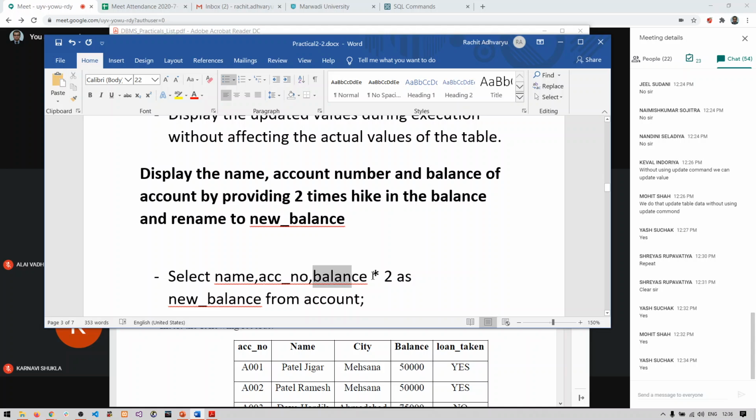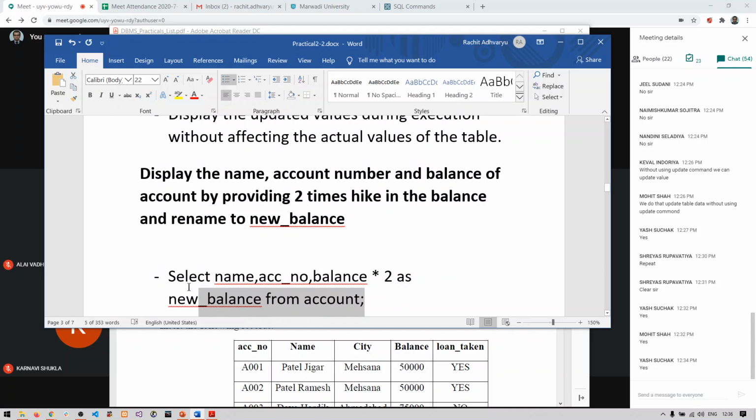So this is the main part. We have multiplied our data with 2, so 2 times hike has been given, and we need to rename those new values as new_balance. So this is how we can rename the output column.